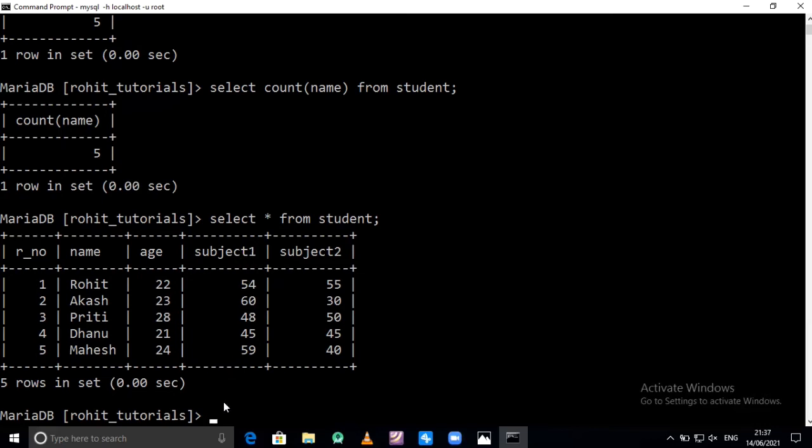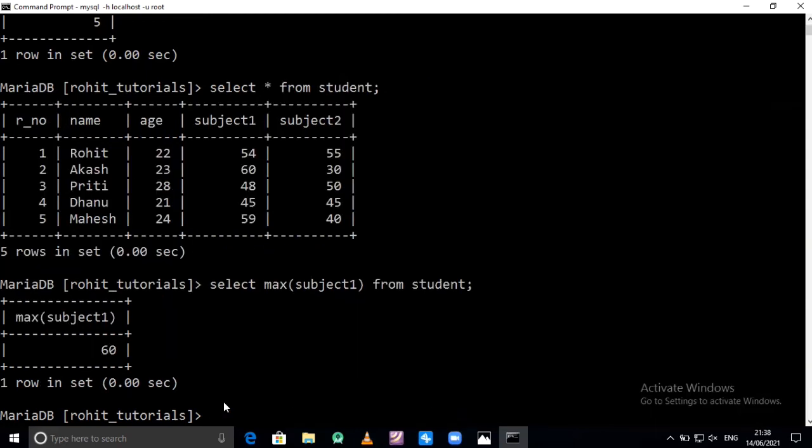So for that I use the command select max, in brackets give the attribute, suppose subject1, from the table student; press enter. From this subject1, the maximum value is 60, so that value is retrieved.